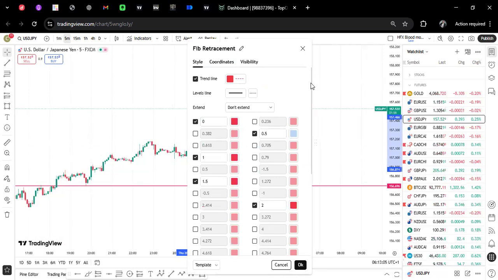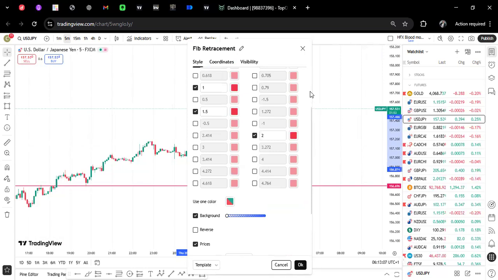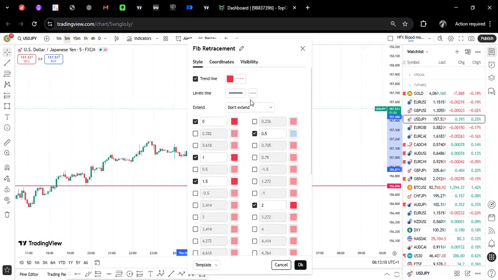Times income is really all right. So these are the settings. First off, I'm using a dotted line. You can choose not to extend it, or you can choose to extend it. But if I have to extend it to the right,